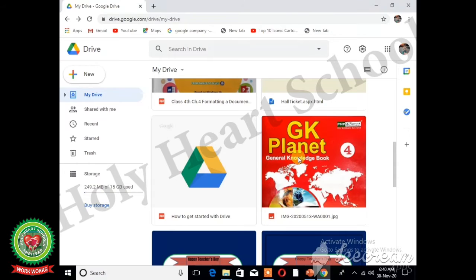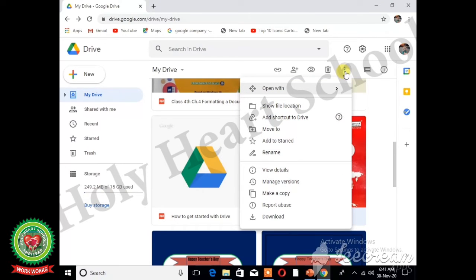Firstly, you have to click on the file. Second step is click on this More Actions button. Third step is select Move to.